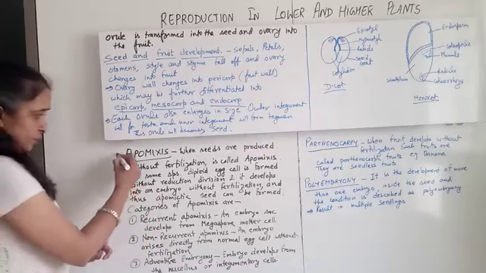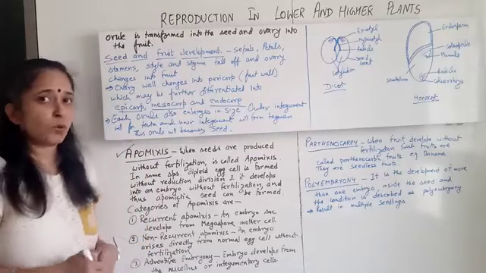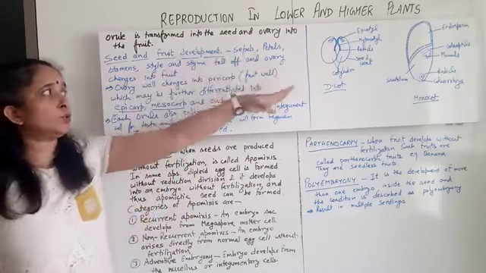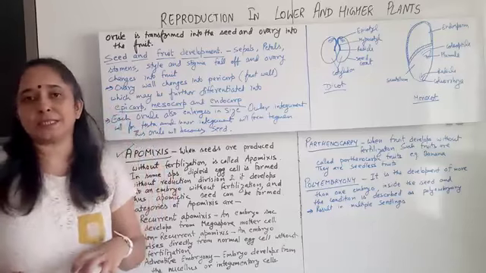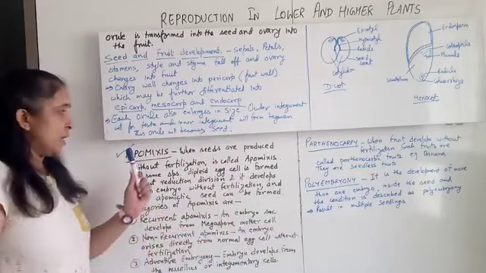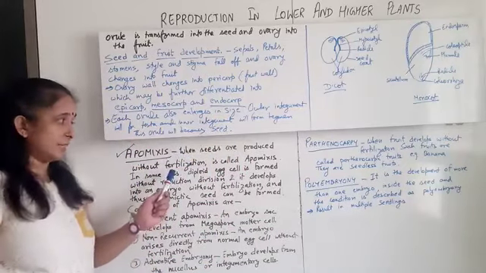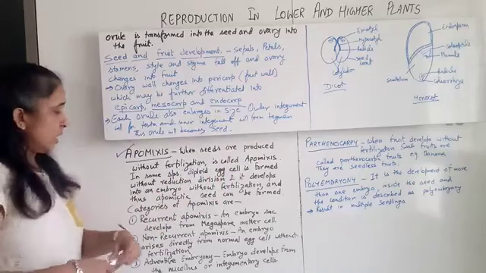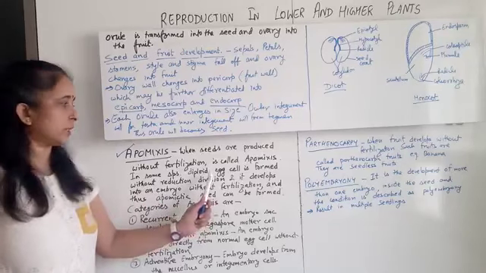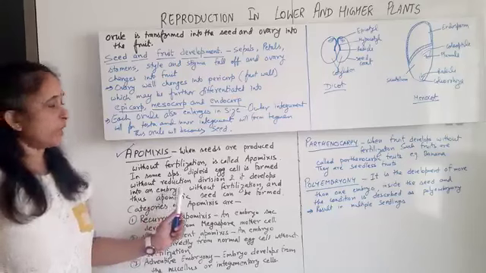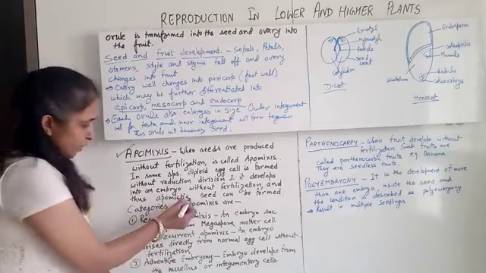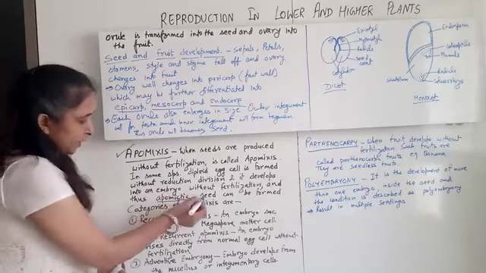Now the next new term is apomixis. Now what is this apomixis? When seeds are produced without fertilization. Usually seed production is with fertilization of the male and the female gamete, then zygote, then further development, isn't it? But here, if seeds are produced without fertilization, it is called apomixis. In some species a diploid egg cell is formed without reduction division, without meiosis, and it develops into an embryo without fertilization, and thus apomictic seeds can be formed. So without fertilization, apomictic seeds are formed.